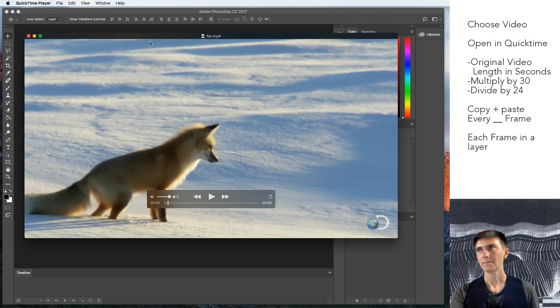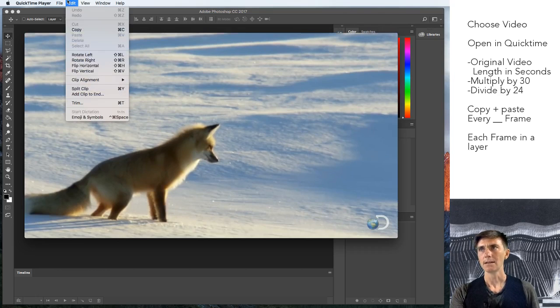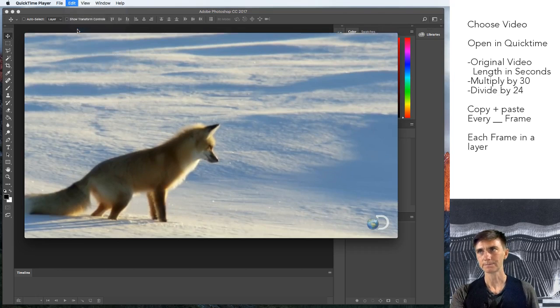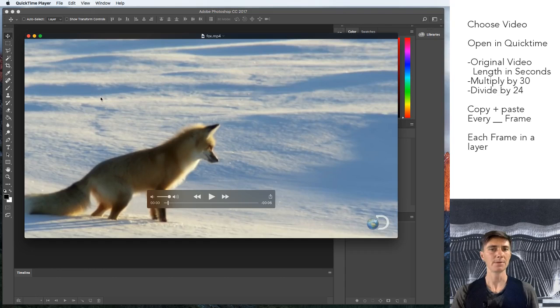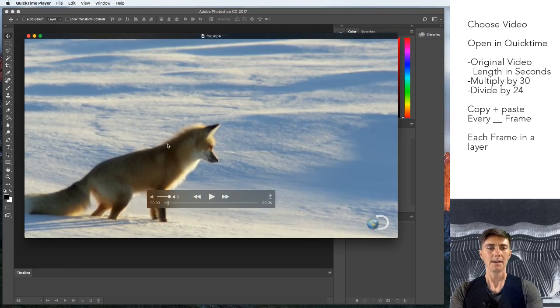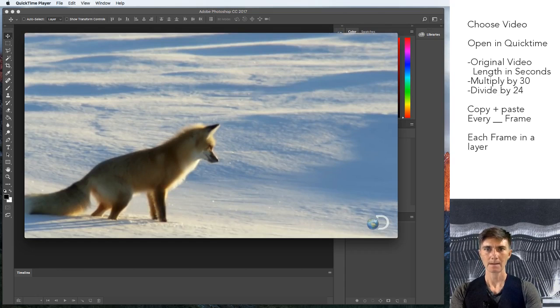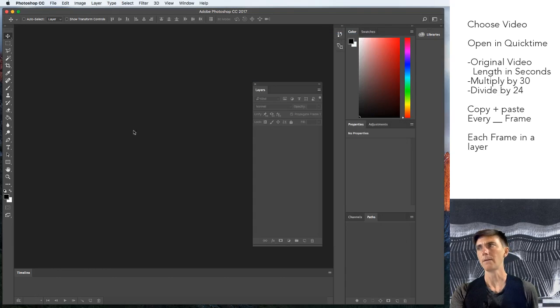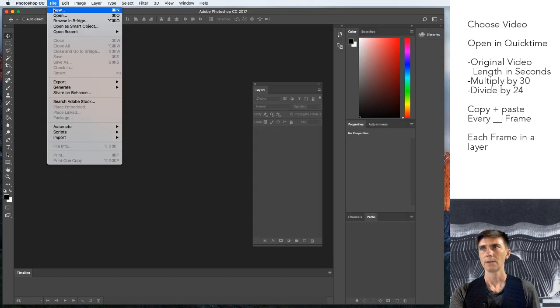And then I'm going to go up to Edit. I'm going to say Copy. And what this is doing is copying just that frame as a still image onto my clipboard. And then I'm going to go over to Photoshop, and I'm going to create a new